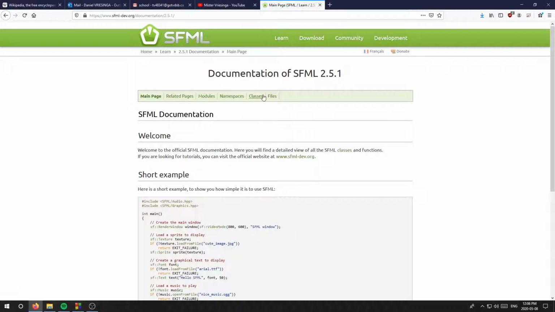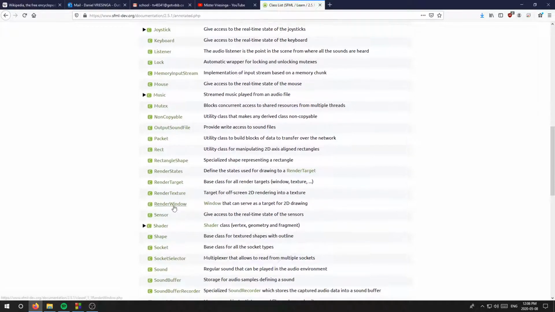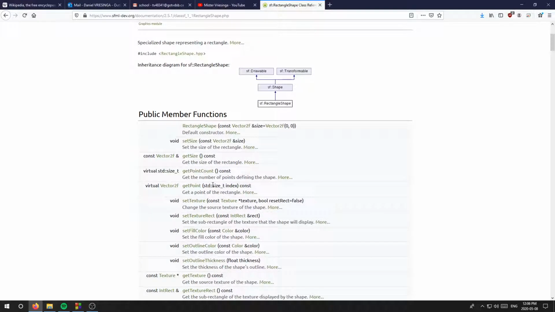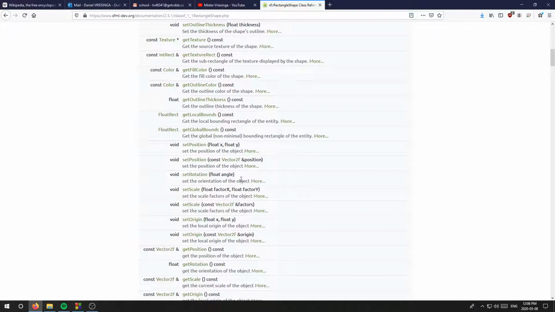If I just grab some class and look at some of the functions in there, like let's look at rectangle shape. So if I look in here, I've got a const and a vector and an ampersand for that function. Here, const color and const int rect and const color and